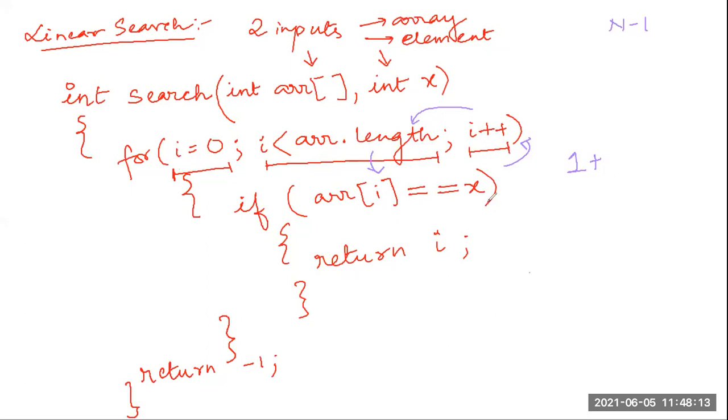तुम्हारा फॉर लूप से तुम लोग बाहर कैसे निकलते हो? तुम लोग i++ करते जाते हो. जब तुम्हारा कंडीशन फॉल्स होता है, that means you have reached the end of your array, then you come out of this for loop, right? So n minus 1 तक तुम्हारा लूप चलता है, and this condition is executed one more time to come out of the loop, right? So तुम्हारा n minus 1 plus 1 नहीं हो जाएगा?